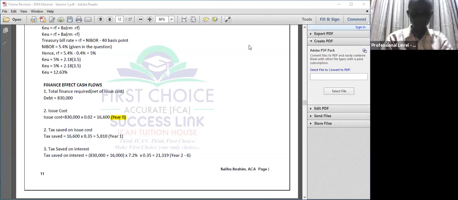Okay, I think we are fine, Abby. You will see that sorting the finance effect cash flow is not a big issue. Can you see that? It's not a big issue. As a matter of fact, I am going to leave you with the question on